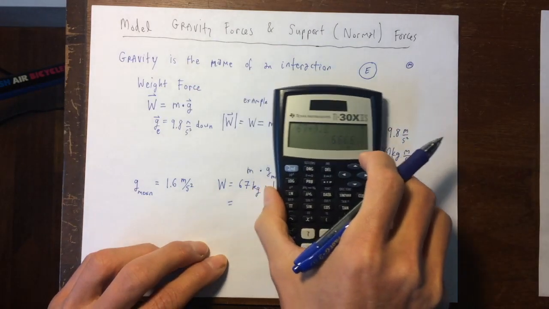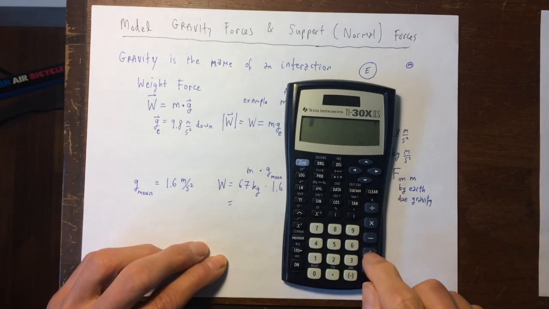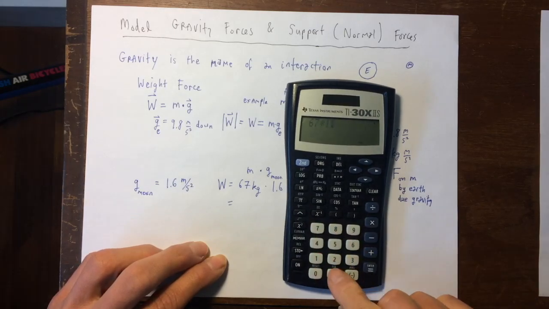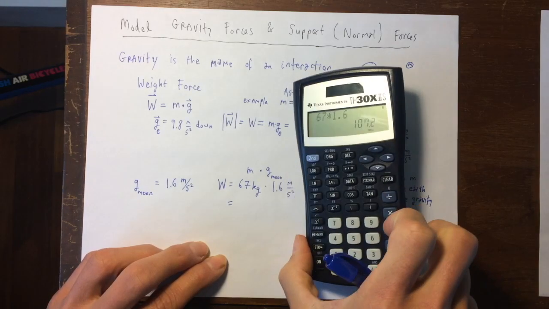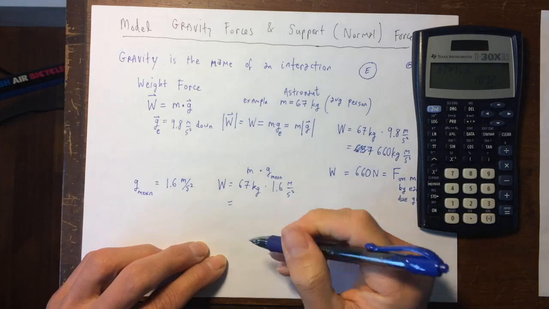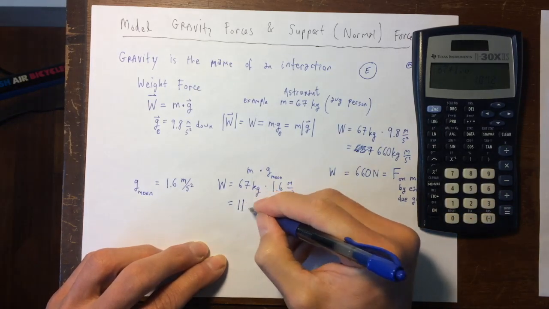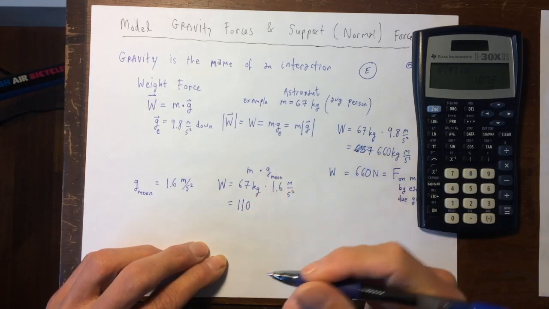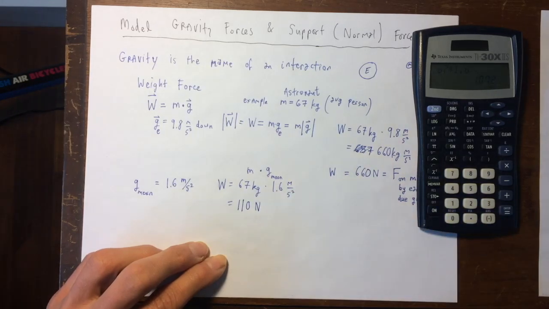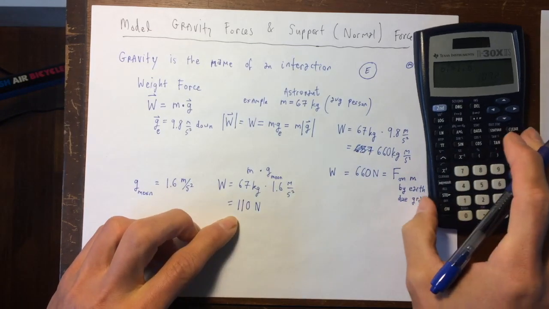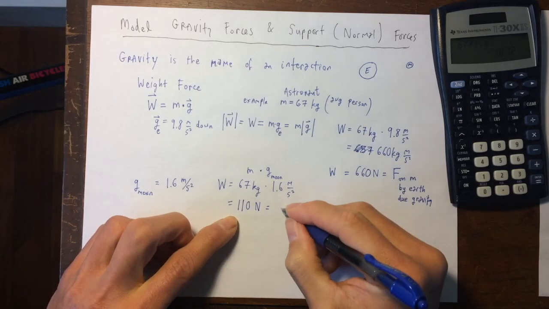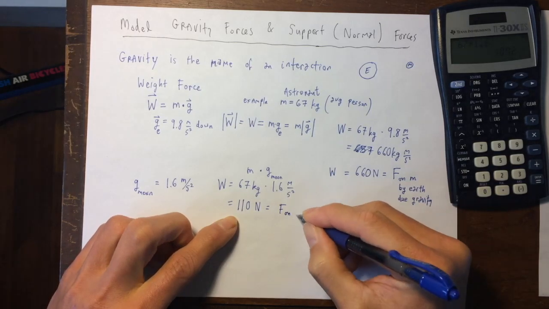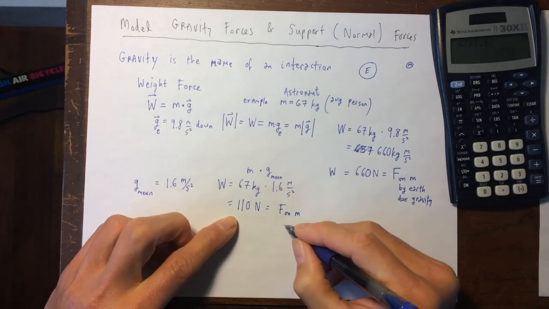So back to the calculator. 67 times 1.6, 107.2, keeping only 2 significant figures. It's about 110 newtons, right? And if we wanted, we could say that this is the force on our astronaut called M,